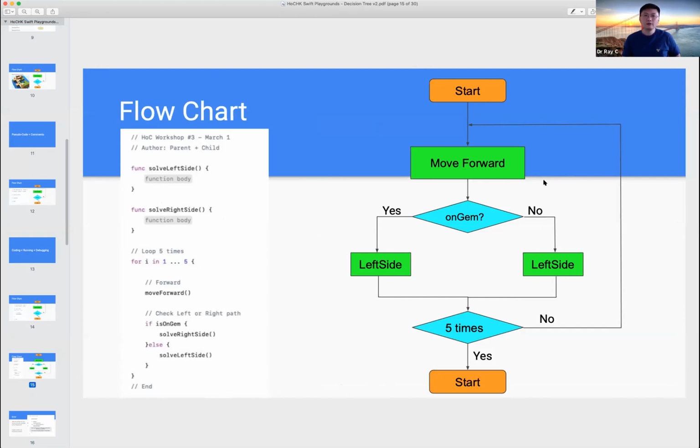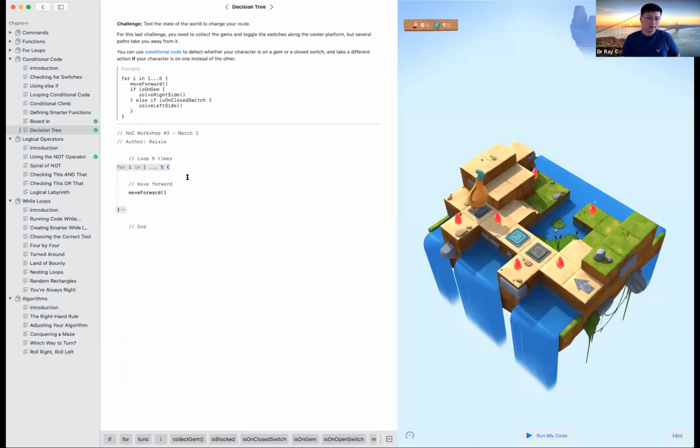So let's work together. I will work together with you all. Make sure you will be able to solve this puzzle together. So now, just like what we are saying, we want to have branches checking the condition. So this is if what? If this is on jam, then you will do whatever, just a name, for example, soft left. Or else,